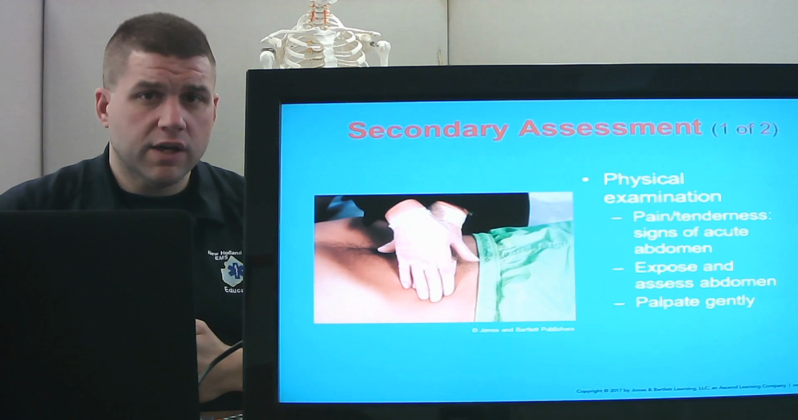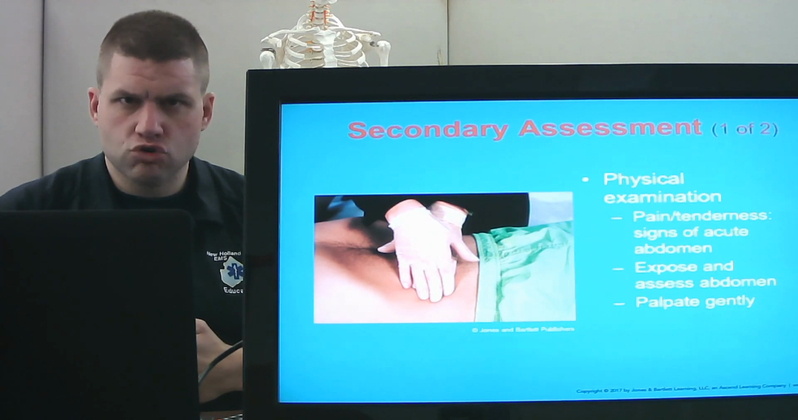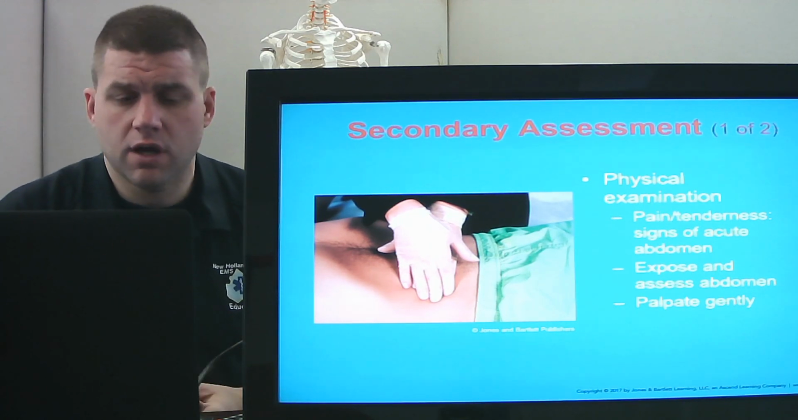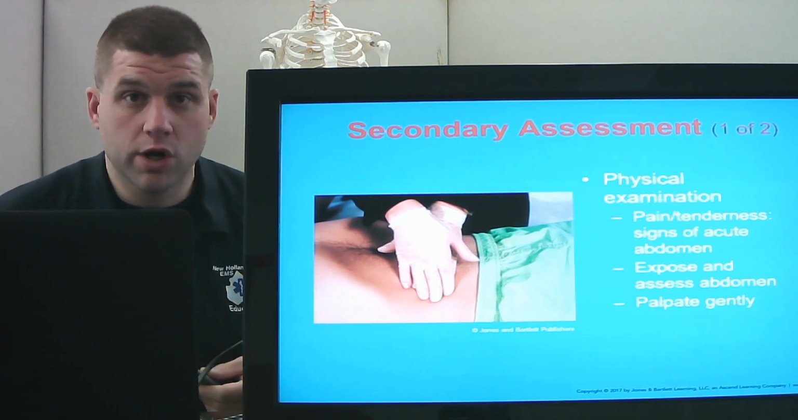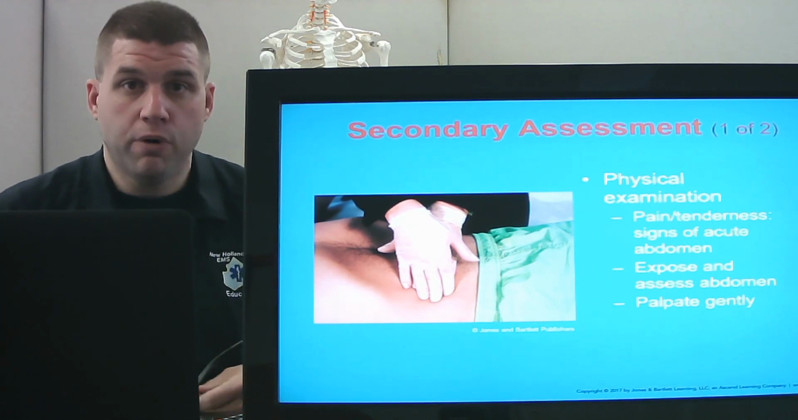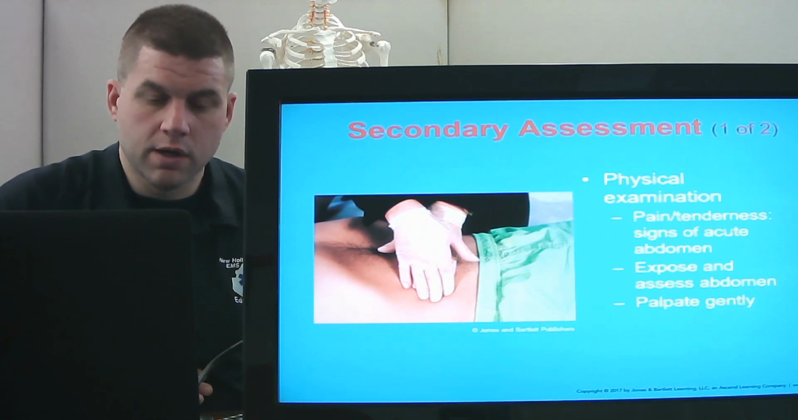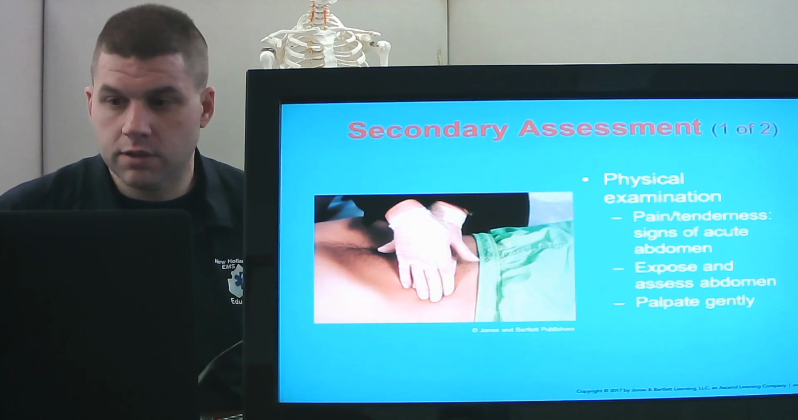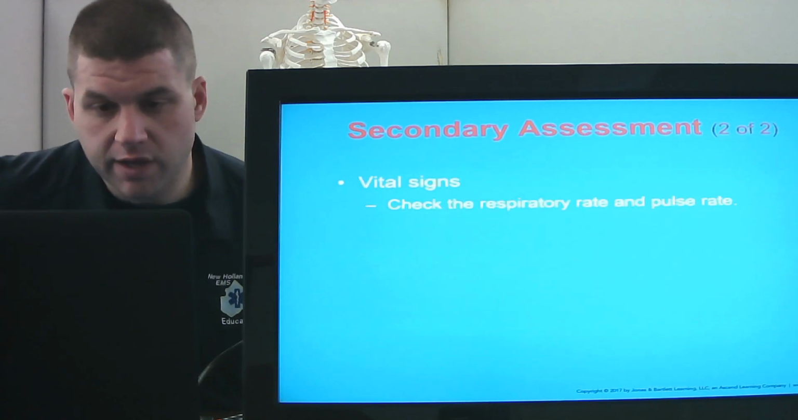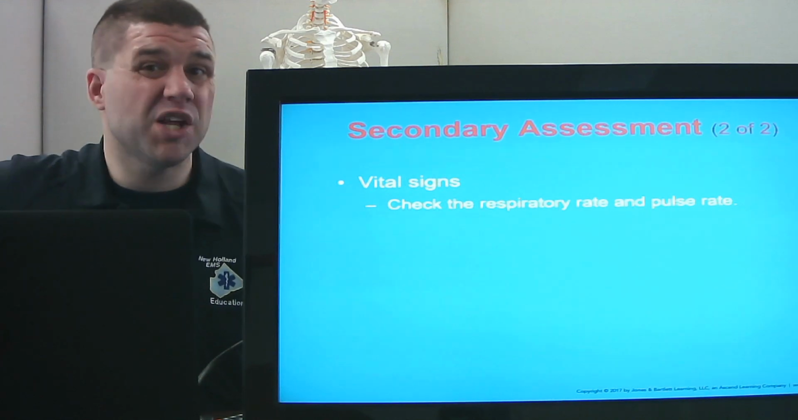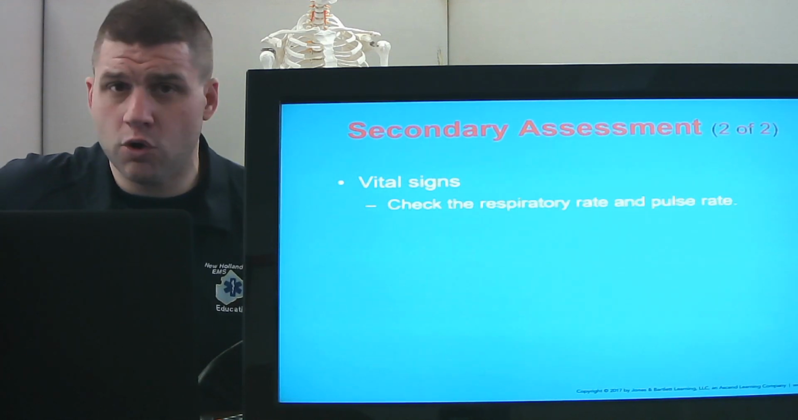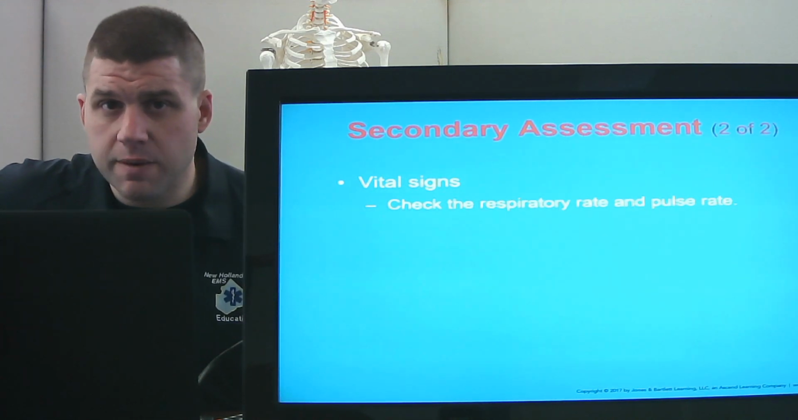Do we feel anything? Do we feel a pulse, a strong pulse? That would be an indication of maybe an aortic aneurysm, a high pressure pulse felt through the aorta on abdominal palpation. And then vital signs: respiratory rate, pulse rate, blood pressure. These people could have a low blood pressure because they may be shocky